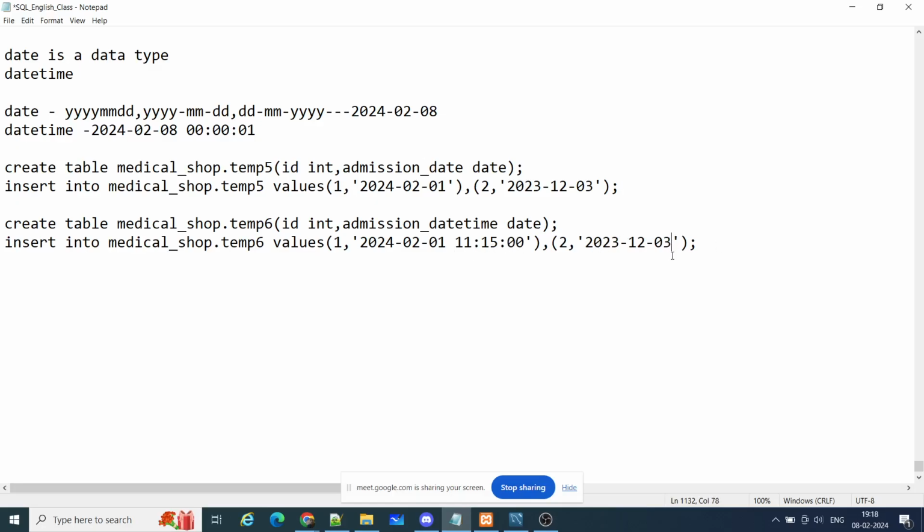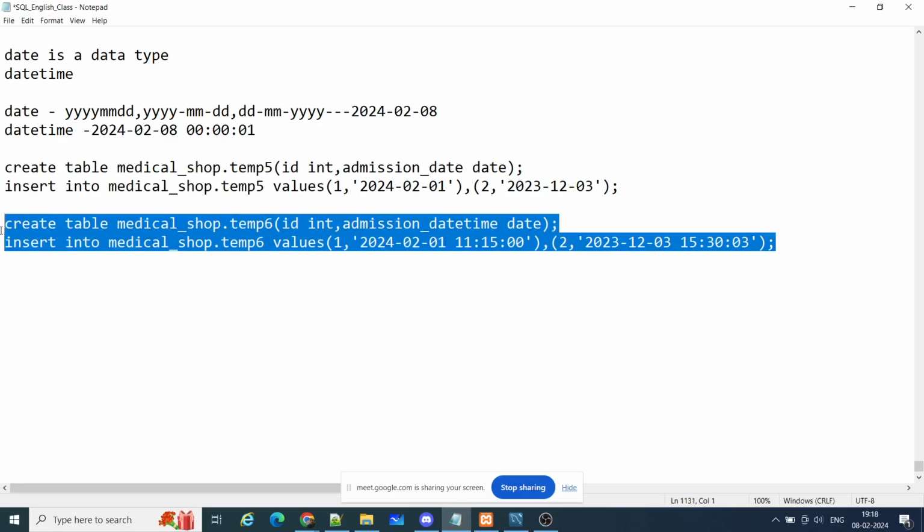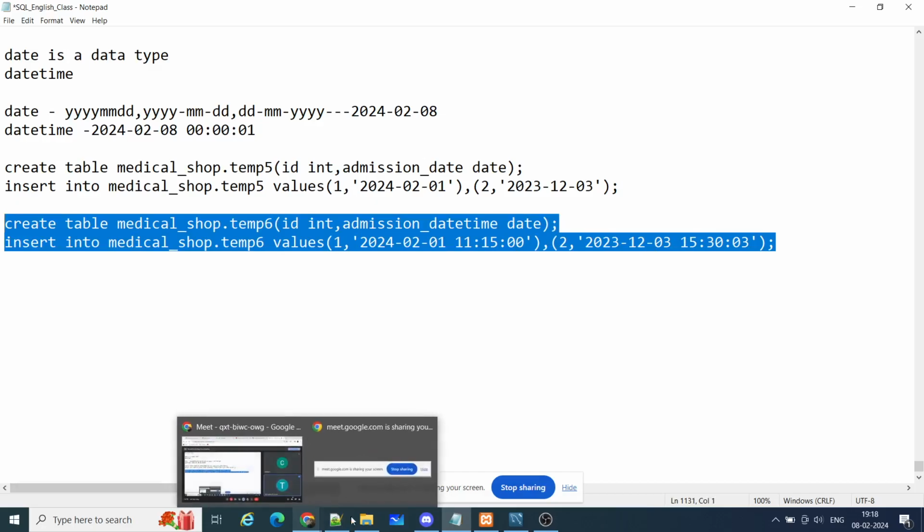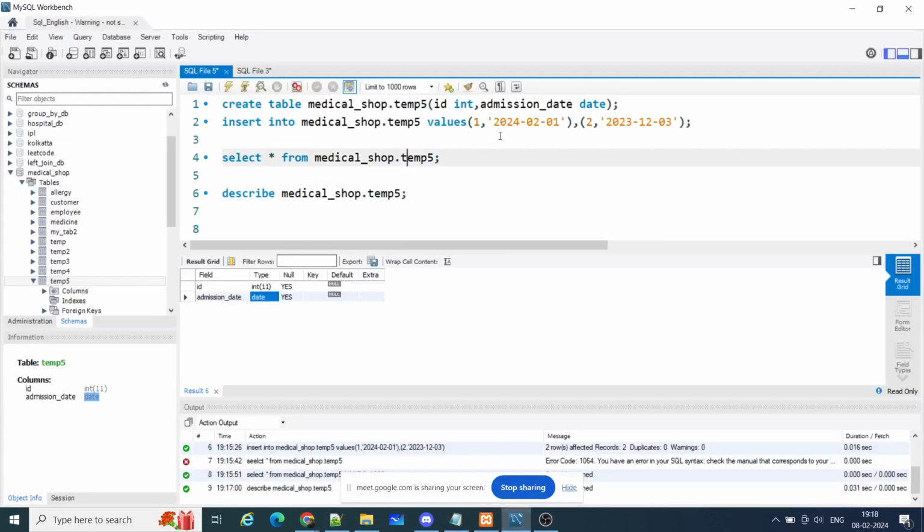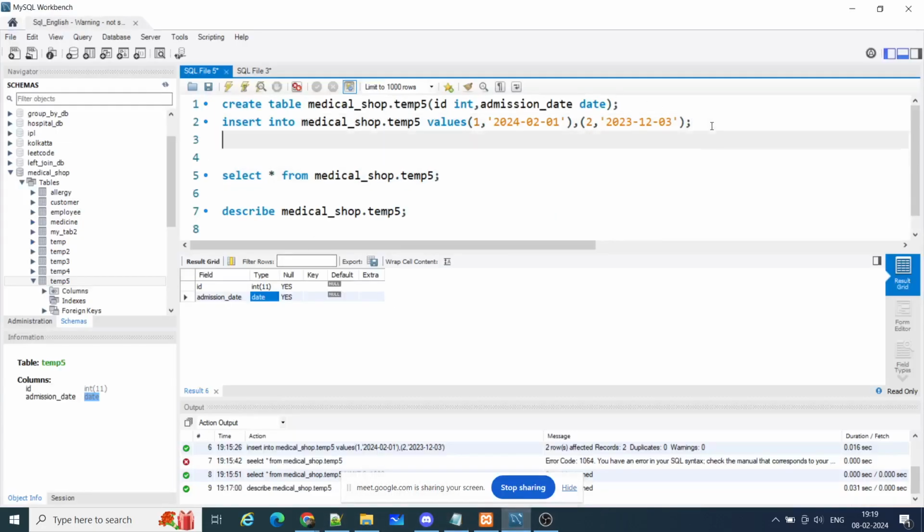And in 2023 it was at 3 p.m. The other was at 11 a.m., morning 11:15, and this was at 15:30, and the second is, suppose, at 3 in the afternoon. Okay, let me run this and you can see, and if I run this record,